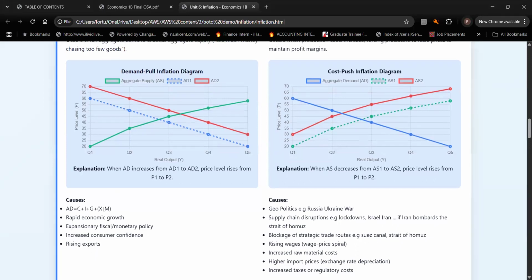All right, let me just come in there. So remember when we were talking about the approaches that we use to calculate gross domestic product, we mentioned that there are three approaches. There is the income approach, there is the expenditure approach, and there is the value addition approach. So the expenditure approach of gross domestic product, by the word expenditure itself,